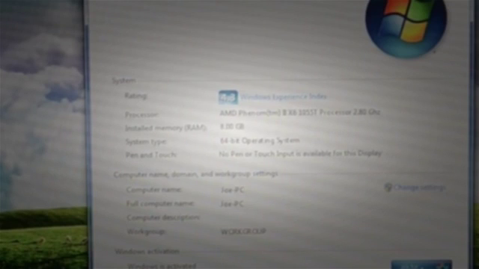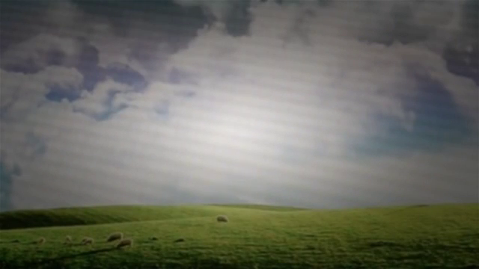So let's do that. The first thing you have to do is open up Command Prompt. Now you can do this in Windows 7 and Windows Vista by going to the search bar and just typing in CMD. Or you can, I'm not sure how to do it on, I forget how to do it on XP. I believe you go to Accessories. Now you have to make sure that you run this as an administrator. Otherwise,